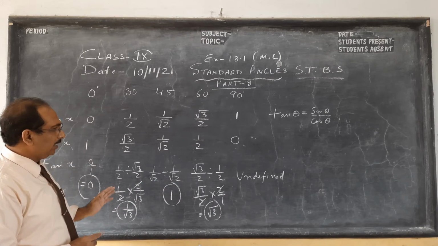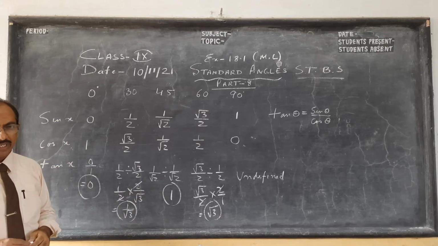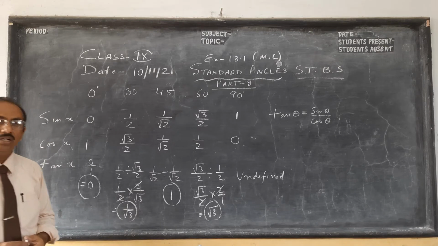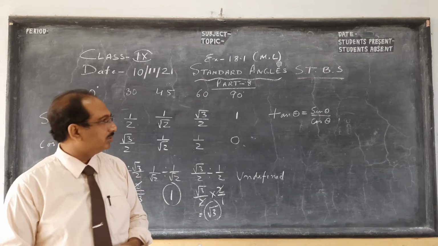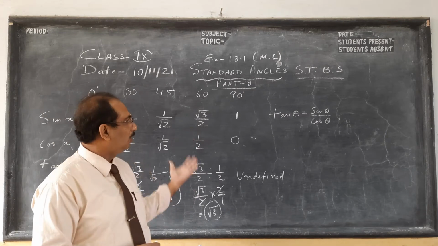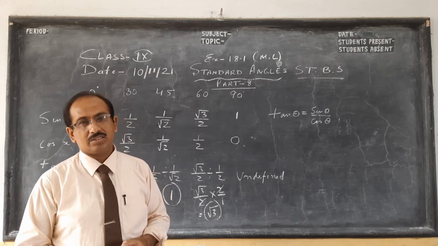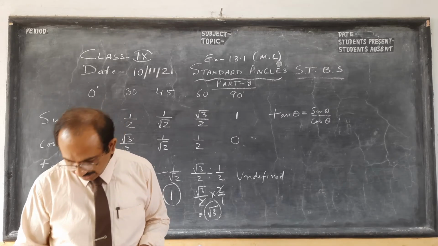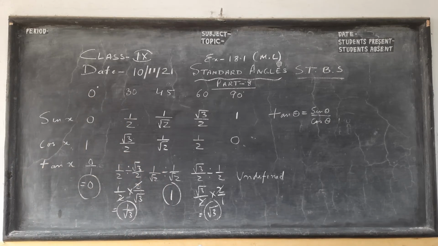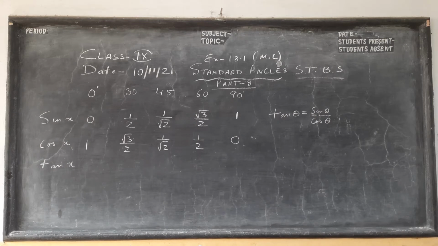So kindly pause the video and copy. Then one more trick I will tell you, and then we will end this lesson. This lesson is all about how to remember the values of trigonometric ratios of standard angles, especially sine, cos, tan, and the other three children, they are the reciprocals. So now next we are going to see how we remember in other ways.